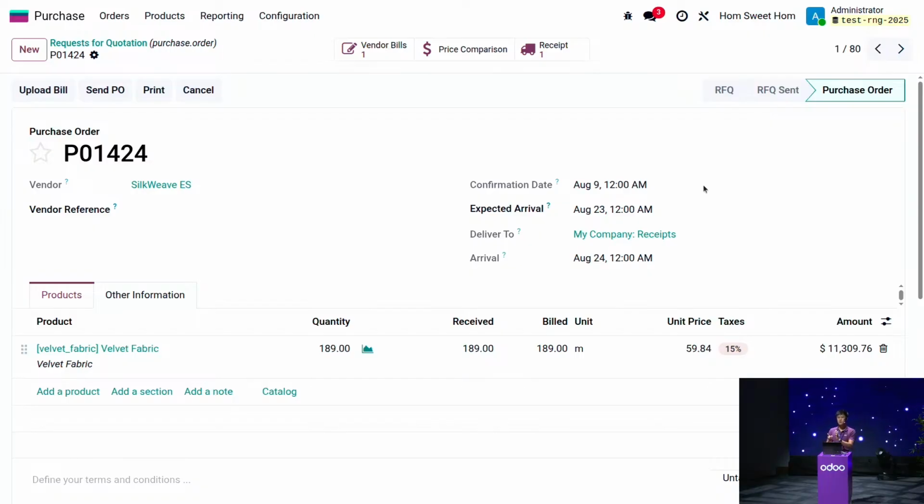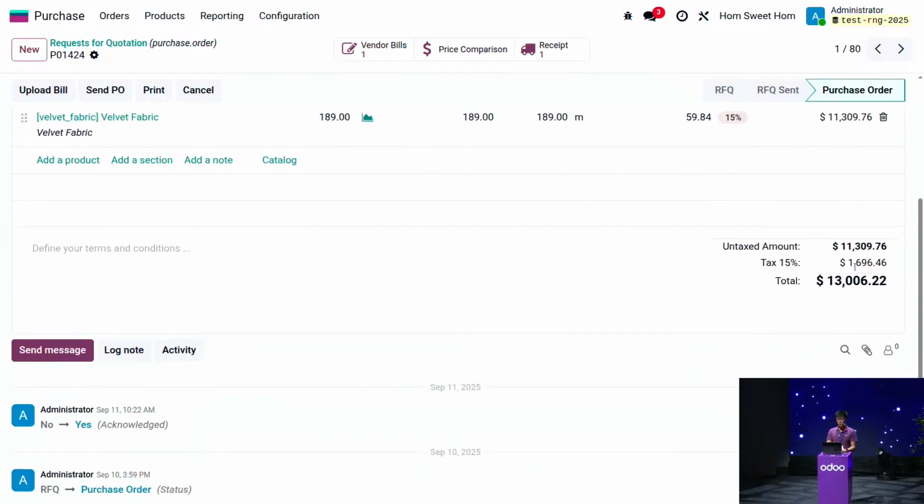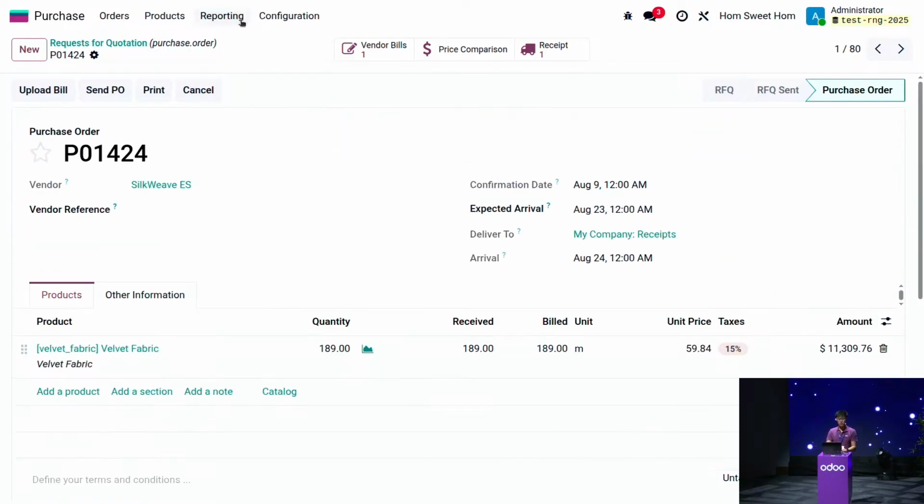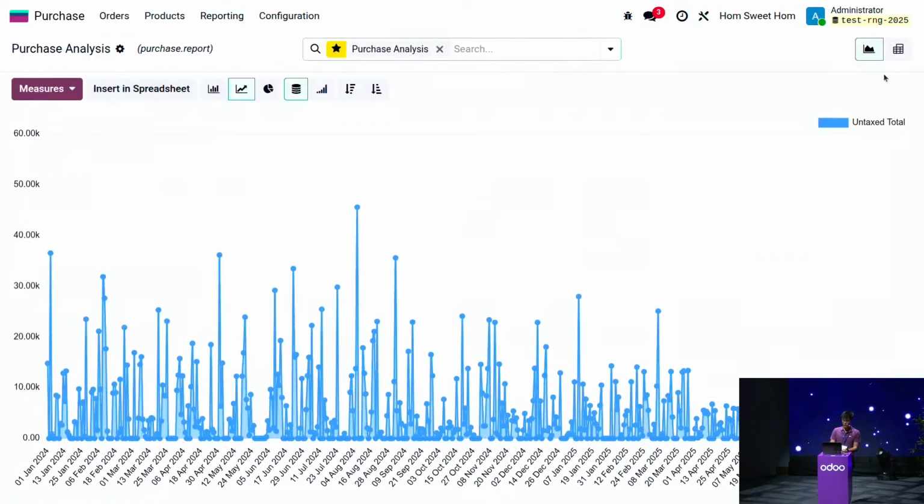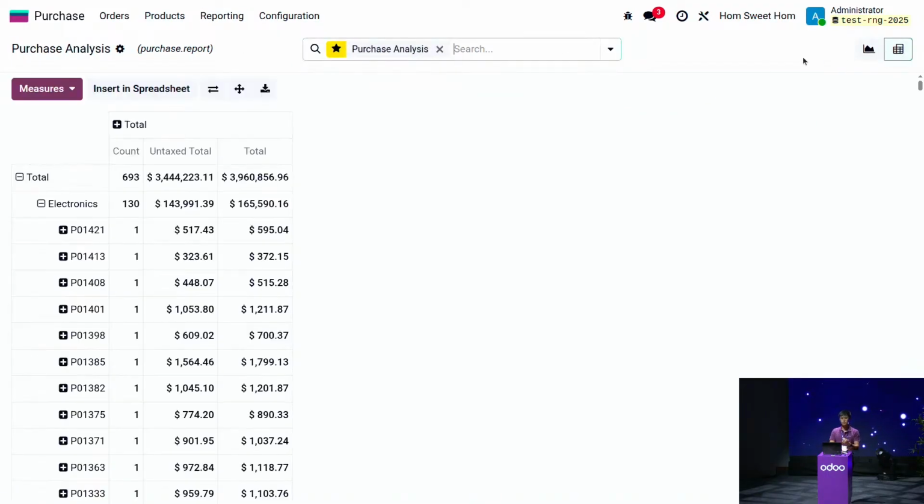I can group them by date, group them by vendor, all right? I also have the total. The total will be my future measures in my pivot because those are the numerical fields I talked about right before. If this is clear, I'll now move to the reporting menu of purchase, go here and display the pivot